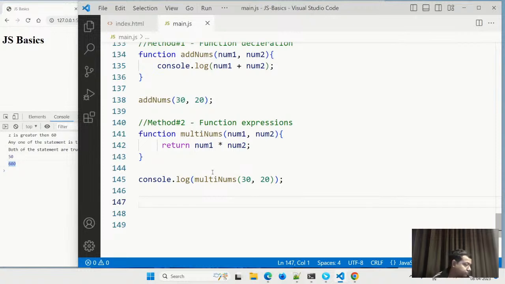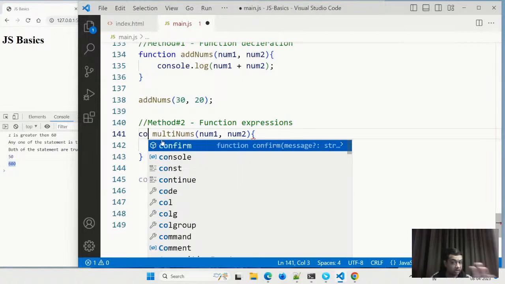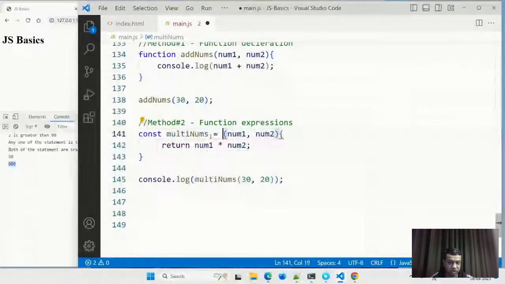So this is how the return works, but still it is on the function expression. In function expression, it has also been there from the starting of JavaScript. Here this function keyword is not here. Here we have a const, and this is a method which is available only in JavaScript. A variable I will create, which I will make equal to the function. This is another function expression, a very common thing in JavaScript.